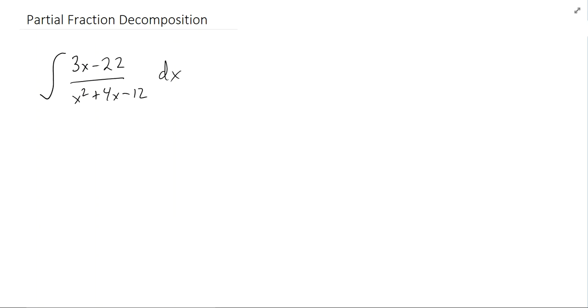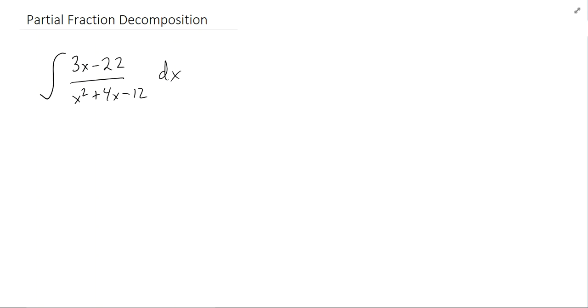Hello students, today we're going to look at partial fraction decomposition. It's a way of finding integrals such as the one I have here on the screen. The idea is that this integral itself is a little bit difficult to find the antiderivative of, but what I